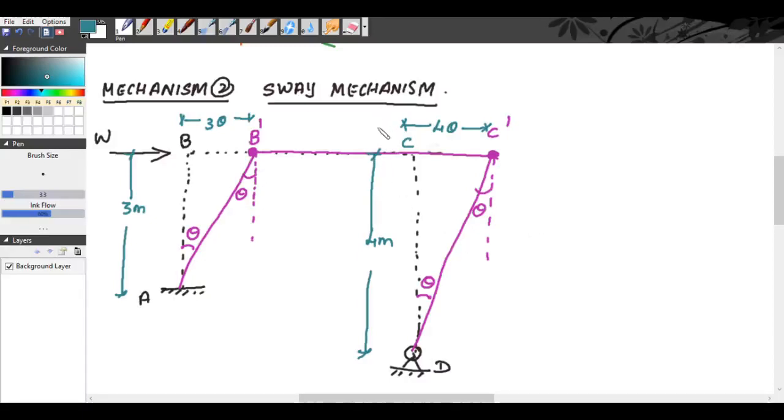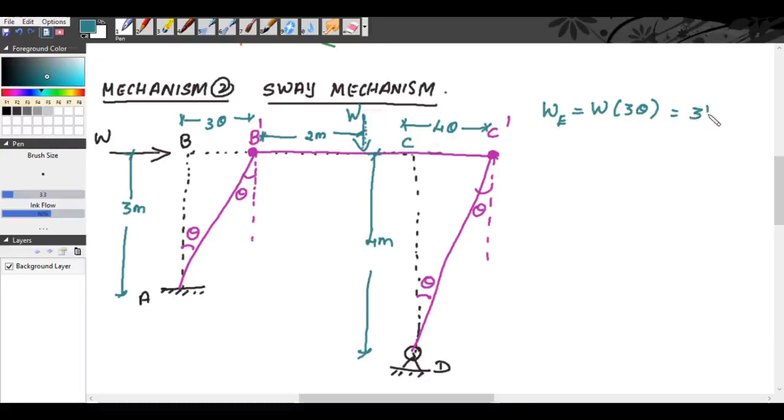Okay. There is a load here. How much is it? W0 acting at the midspan. So this distance is 2 meter. This is 2 meter, right? From this to this, it is 2 meter. So now our external work done will be equal to, we have two loads. One load is at B. So external work done is W into distance under the load, so W into 3 theta. Here W0 into distance under the load is 0. So totally it is 3 W theta.